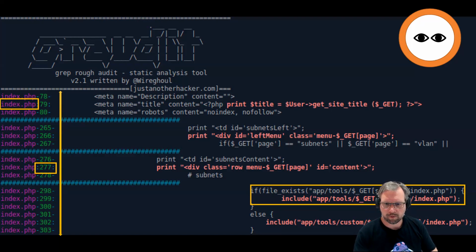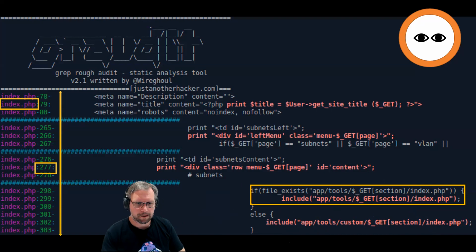So let me just move myself. Right. So right there, we have the vulnerable code, or the vulnerability candidate within code,